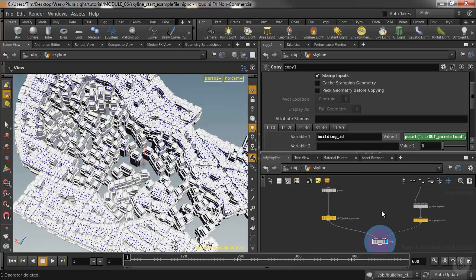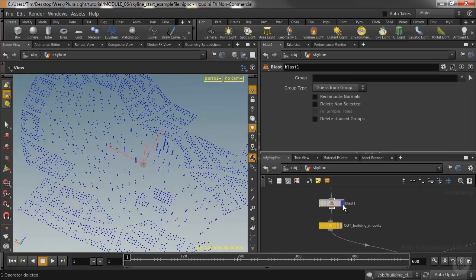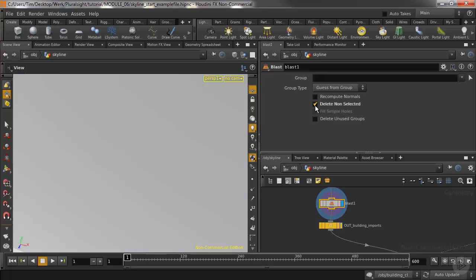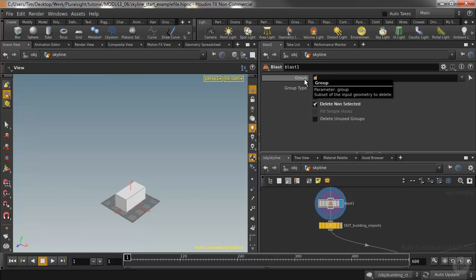So now on the left side, let's drop down a blast node. That blast node is going to help us filter these buildings. Now if we look at this, we're basically deleting everything. Click delete non-selected. So if we type a number into our group, we can see that we're actually isolating something, but we want to isolate by that building ID. So we're going to say @buildingID